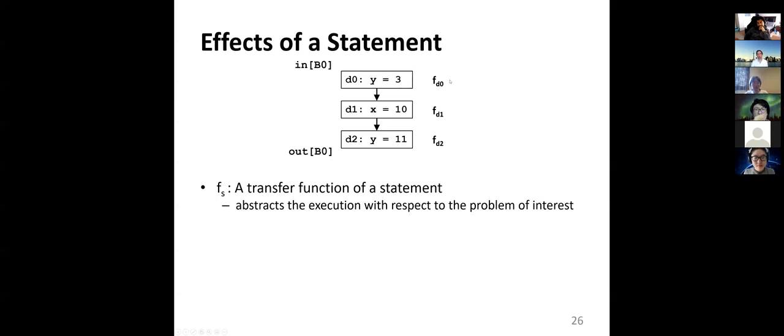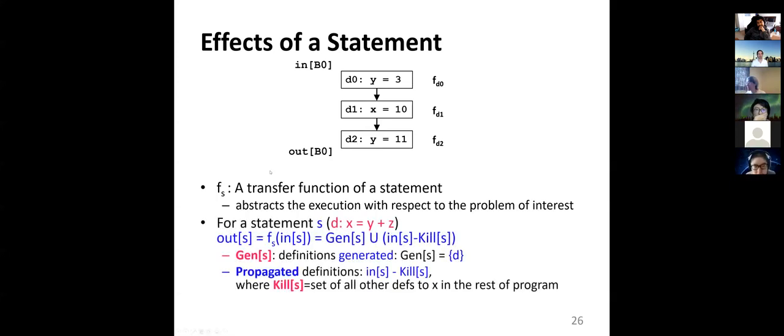So essentially, the total transfer function, the transfer of the information across the basic block, is a step-by-step application of these individual transfer functions. The transfer function f_S defined for the whole basic block abstracts out the propagation of the information in the basic block. For example,